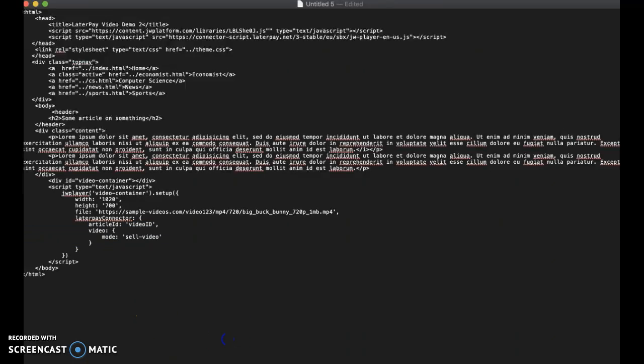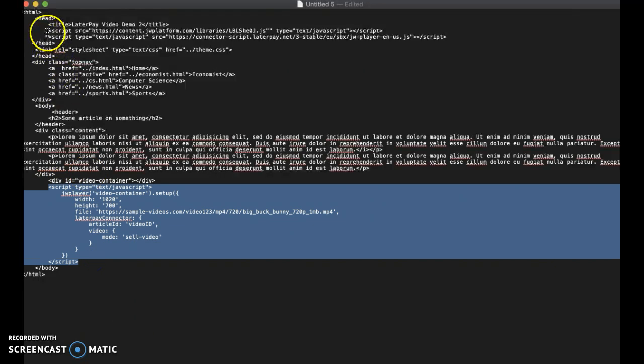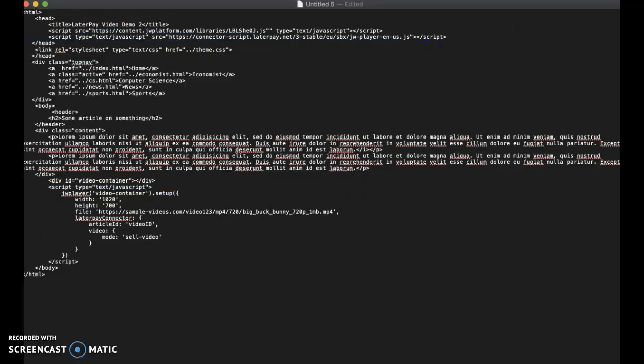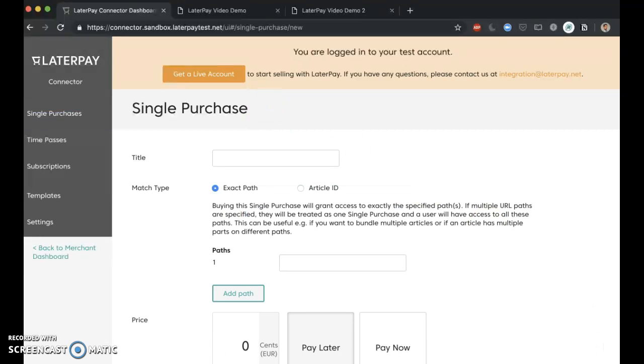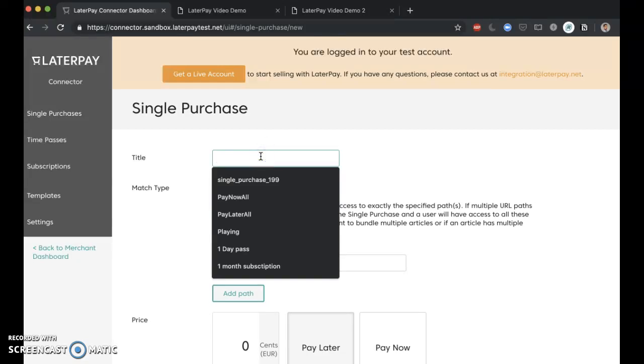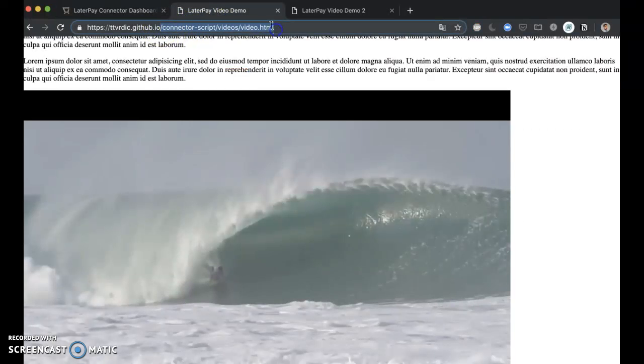And if you have defined these three things, so if you have defined our JW2 player, if you have loaded these two scripts which are necessary, we can then proceed to configure the LaterPay connector in order to display our single purchases. Now, in order to do that, we need to go back to our connector administrator dashboard to our single purchases, and let's click on this plus sign to define some new single purchases. Now here on title, let's say we can call this surfer video. Let's specify it as exact path. Let's now copy this path here